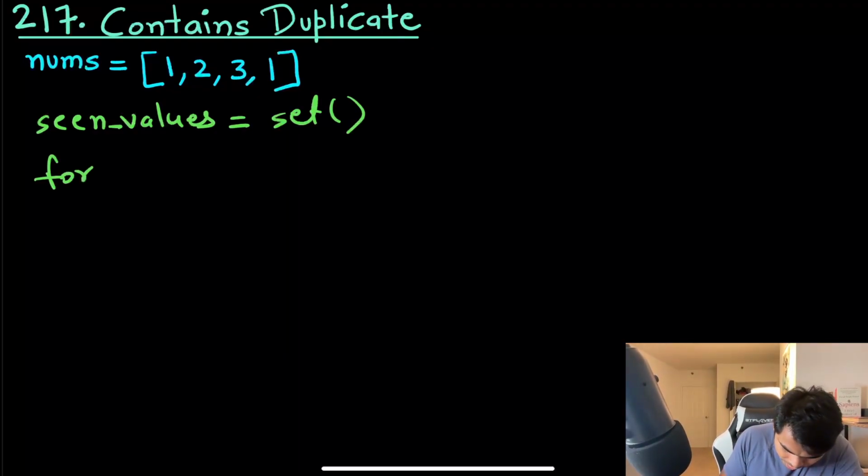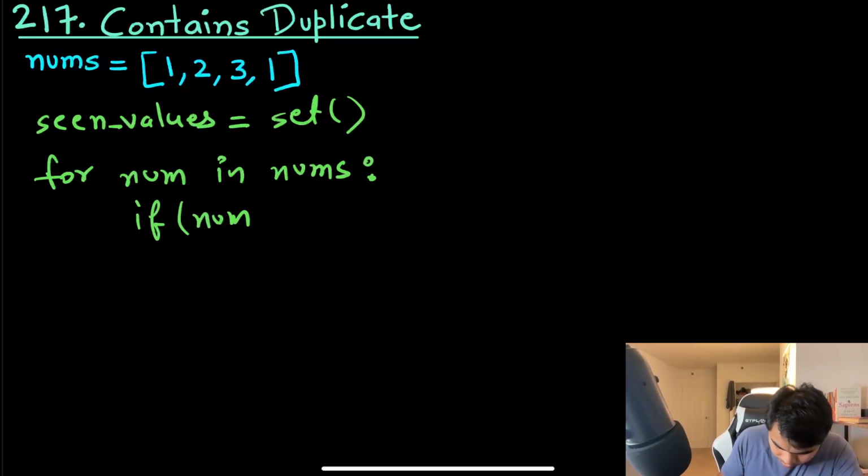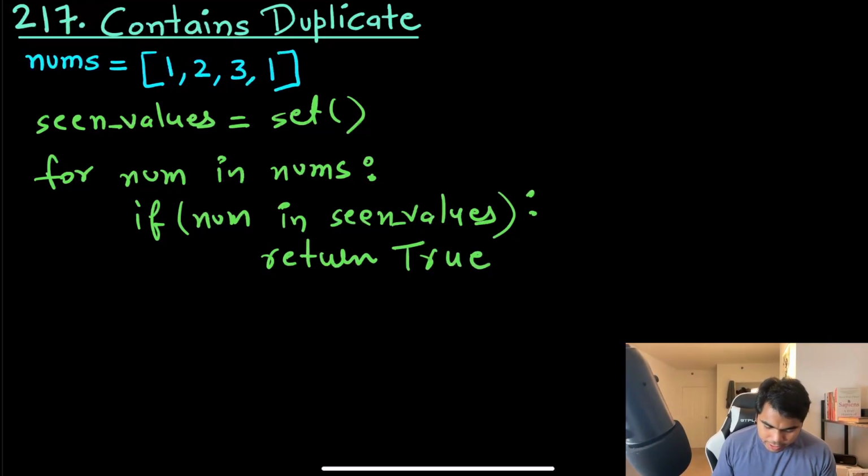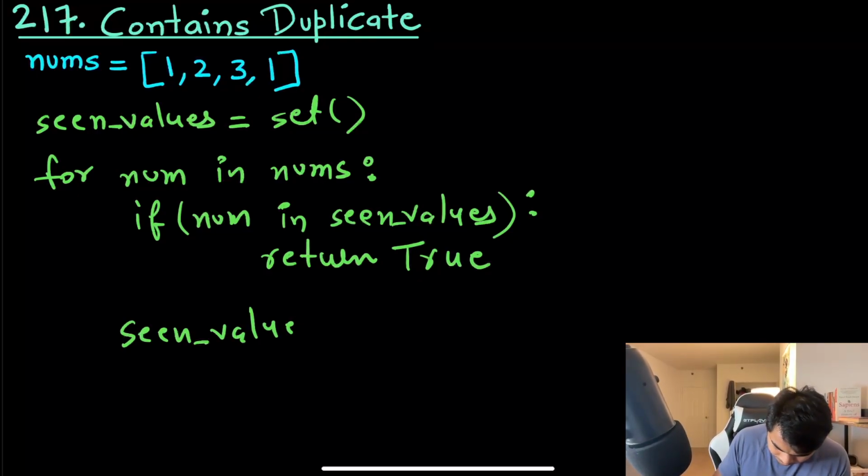And for num in nums, if this num is in our set, seen values, then we will return true, because we are seeing a duplicate. Otherwise we'll add this num to seen values, our set. So seen values dot add,